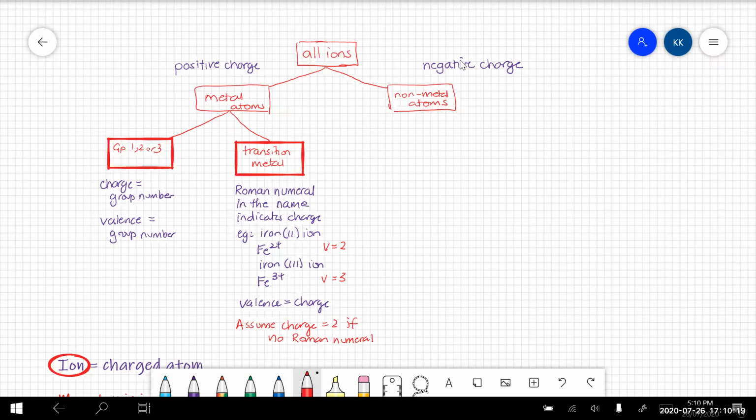All right, so that's the metals sorted out. Now, when it comes to non-metals, you've got to look at the end of the name. So if the name ends in ide,